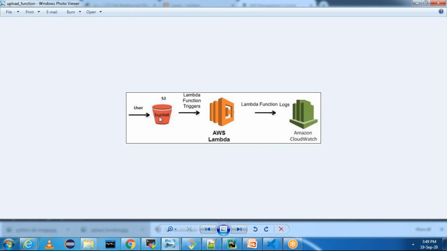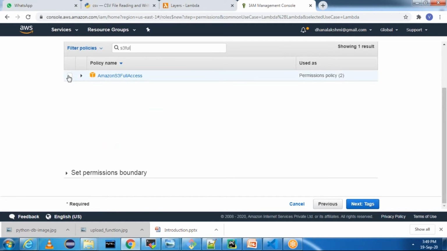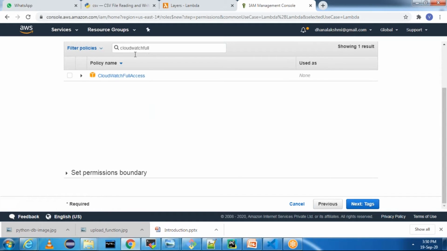We need to provide S3 full access and CloudWatch full access, and we should be mindful of adding the access. Let me add S3 full access for now. This is one thing. And then we need to add CloudWatch full access. These two are enough for now. In the later sessions, I'm going to add RDS as well.